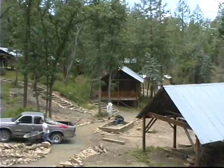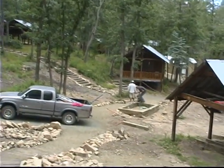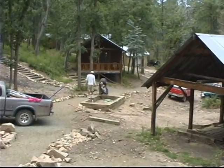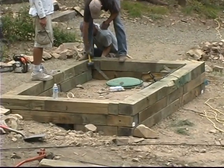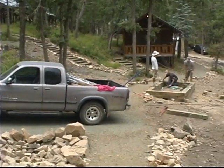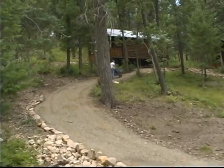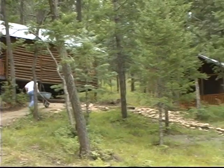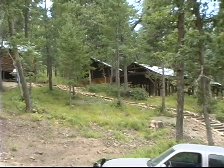Because of the elevation of the septic system, we had to put timbers around it so we can fill over the top of it. And it can also serve as a seating area once it's all filled. We have a maintenance path so that we can have access by a vehicle and a trailer to all the cabins to secure them in the winter, remove all the mattresses, and do any other maintenance or repair